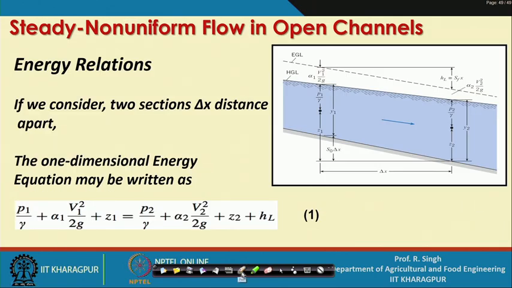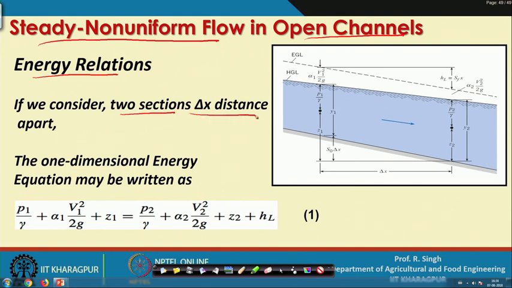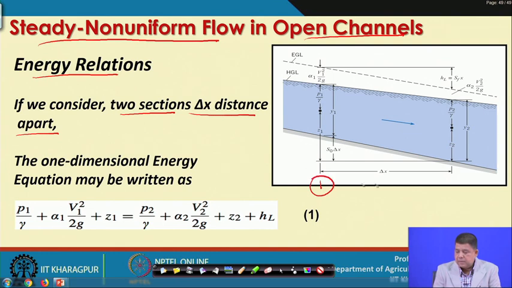Then we come to the next, that is steady non-uniform flow in open channels. If you look at the energy relations for steady non-uniform flow, and if this is a channel, and we consider 2 sections delta x distance apart, that is this is section 1 and this is section 2, which are delta x apart in a channel,